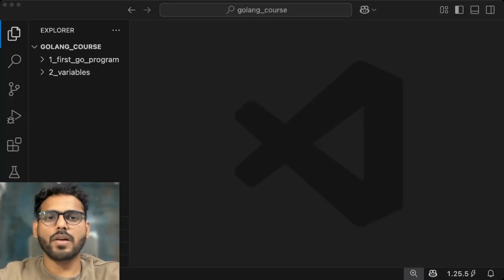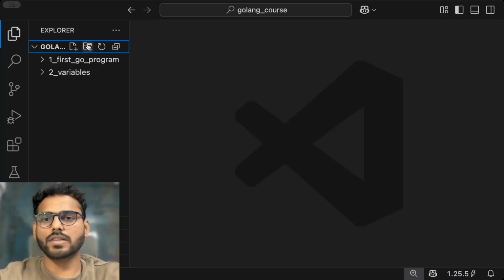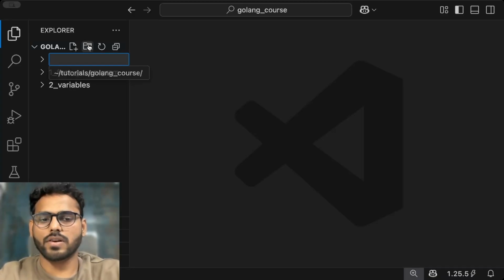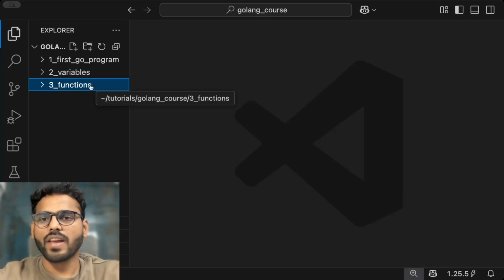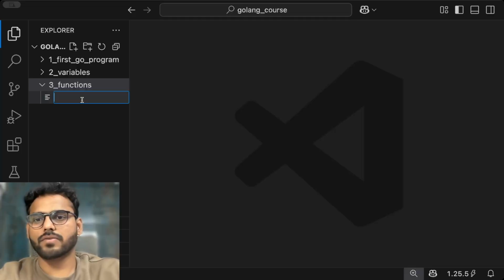Today we will deep dive into Golang and explore functions. Before moving further, let us create the files and folder where I will be doing the coding in this video. So this is my Golang course folder, and inside this I will create one new folder 3_functions, and let us create a new file as well inside this folder. Let us name it